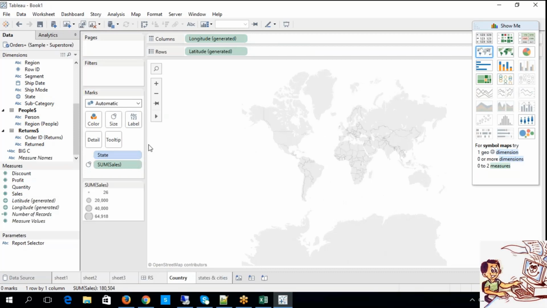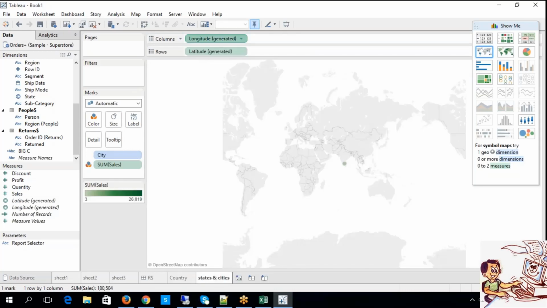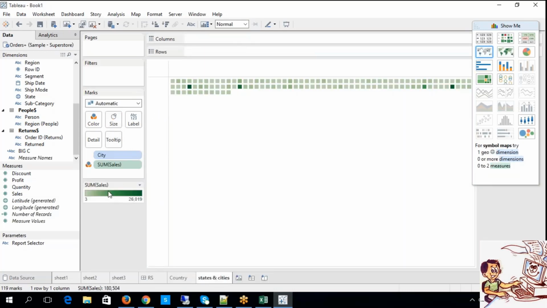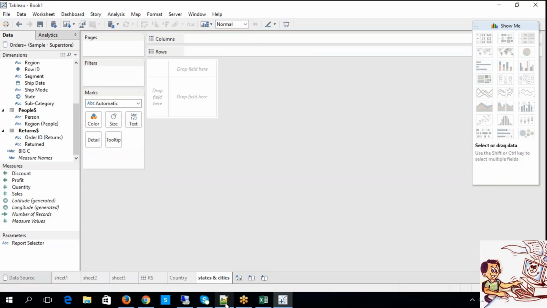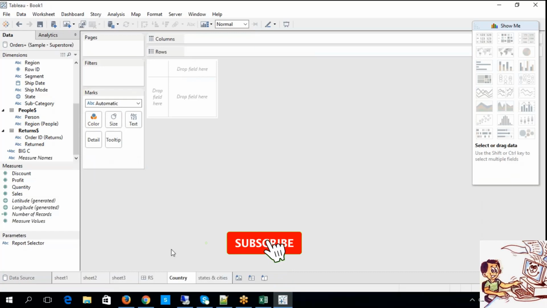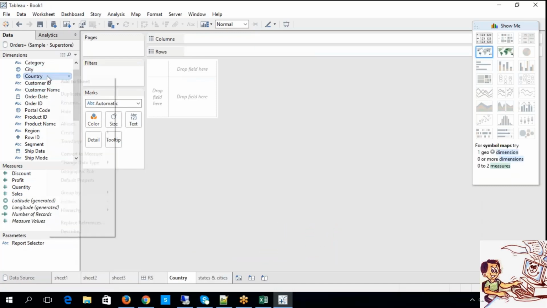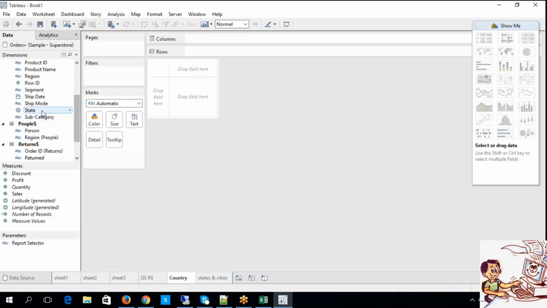Okay, so let me do one thing. What I can do is create a hierarchy, then we'll see, otherwise we can skip it, not an issue. So what am I trying to do? Let me try to create a hierarchy. First, country. Let me duplicate this country, and then let me duplicate the city also. Okay, fine.